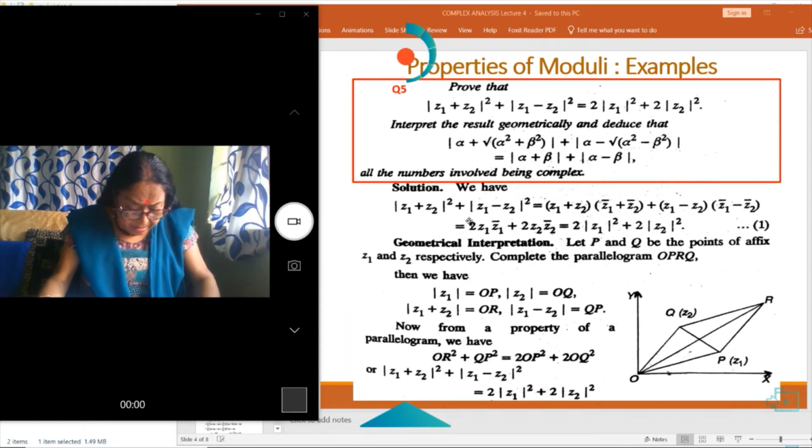Complete the parallelogram OPRQ. Here, mod of Z1 is equal to OP, mod of Z2 is equal to OQ, mod of Z1 plus Z2 is equal to OR, and mod of Z1 minus Z2 is equal to QP. Now from the property of parallelogram, we know OR square plus QP square is equal to 2 times OP square plus 2 times OQ square, and